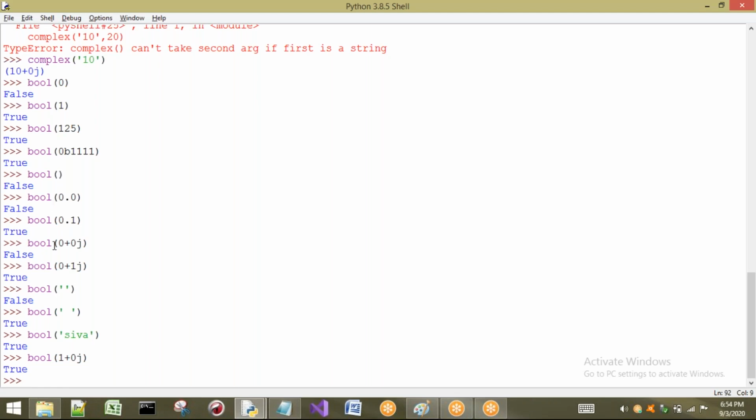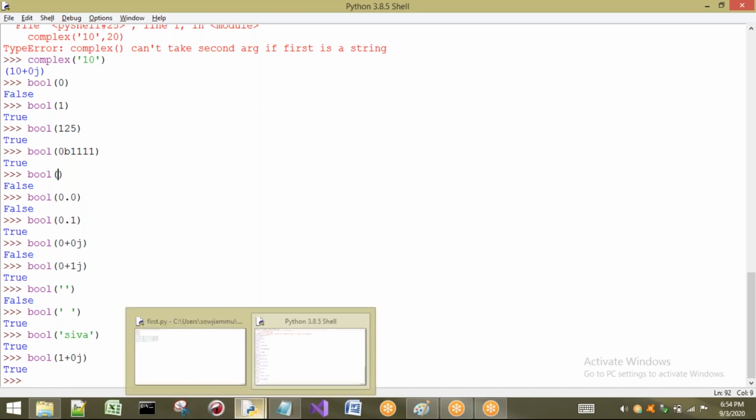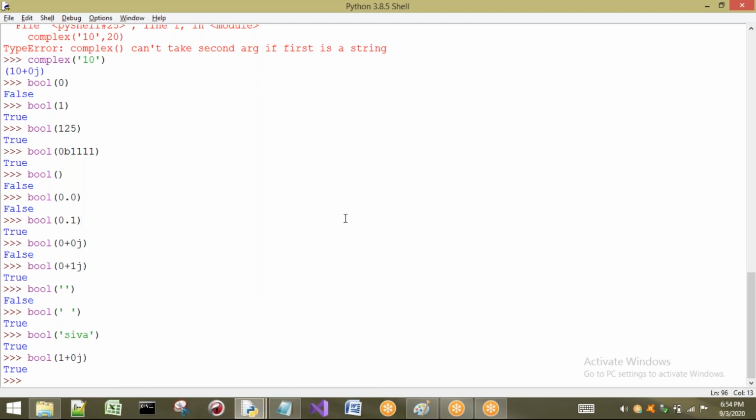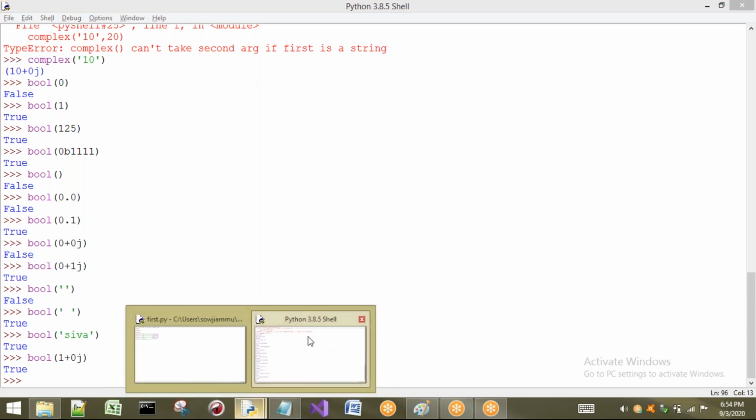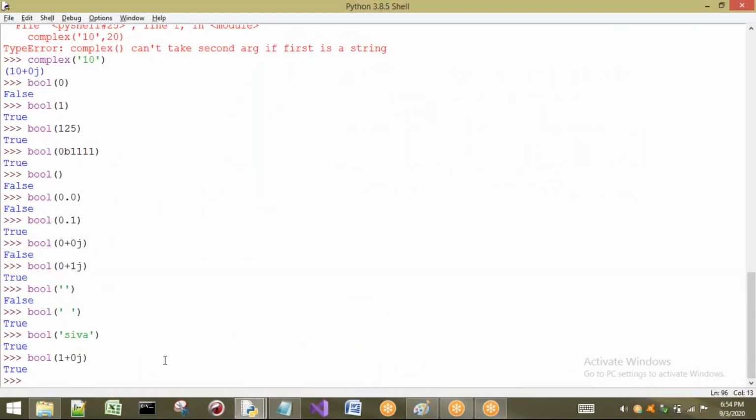Next, the last conversion is all types to string. Here the advantage is we can convert any type to string. The function is str. Let us see that. First I am going to show you the int type. What happens if you write any type in these brackets? It will just encode it in single quotes. That's it. Whatever you write in brackets.